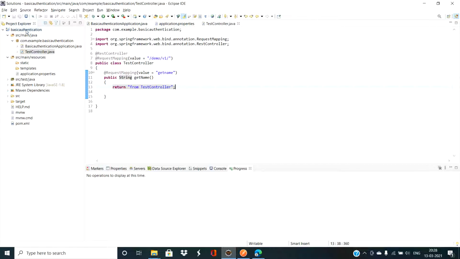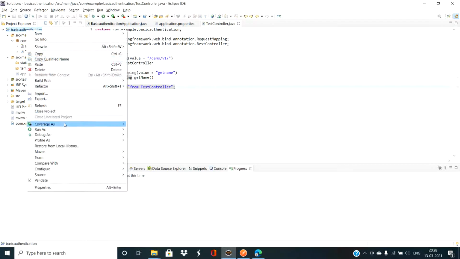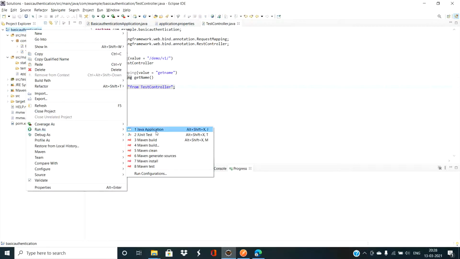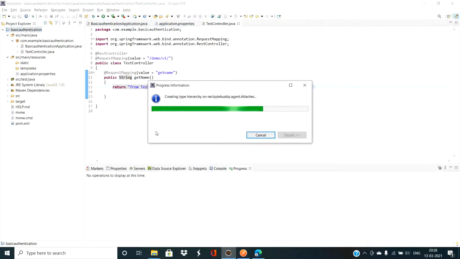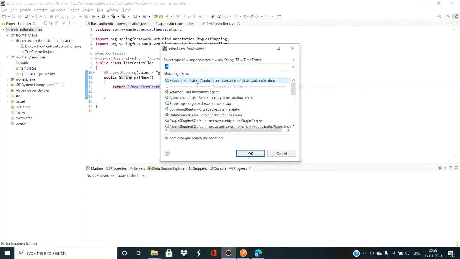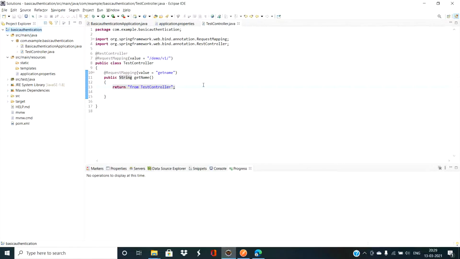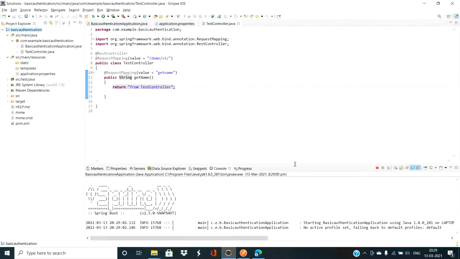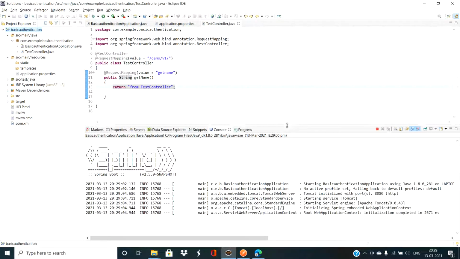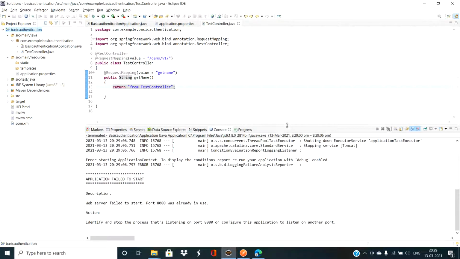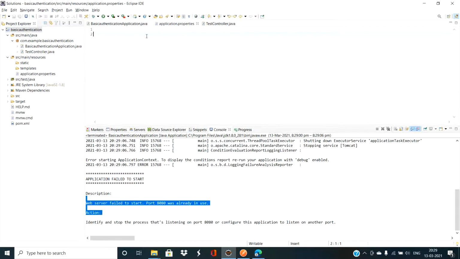I'll simply run this as a Java application. It's a basic authentication. Okay, it is saying the port is already used, so I will have to change the port basically. Let's do something different.